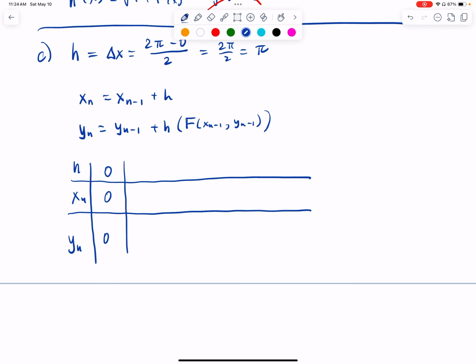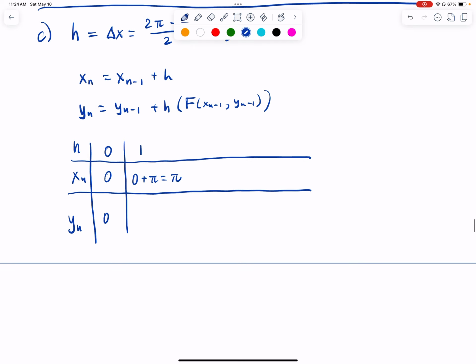Okay, and now I'm going to do one step size. That's going to take the previous x value of 0 and add my step size to it. Obviously, that's going to give us a pi. Now, to get my new y value, I'm going to use my previous y value. Oh, here, let's color coordinate this, shall we? Okay, and then this is going to be this guy, not to be confused with the red 0 up above. No, that's not the same thing. Anyway, so previous y value plus the step size of pi multiplied times the previous